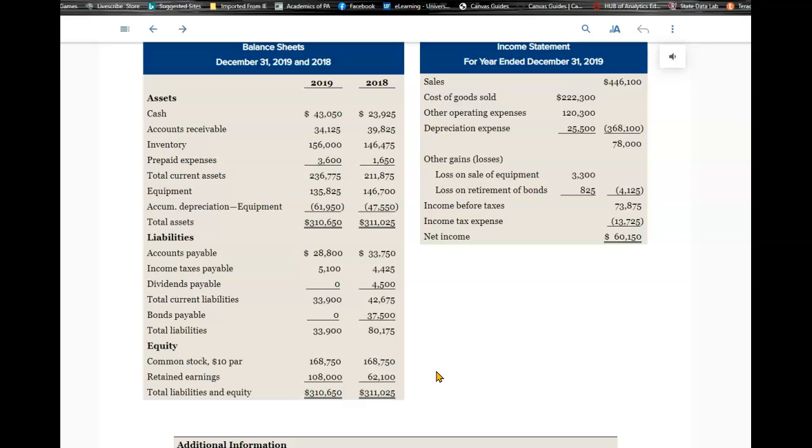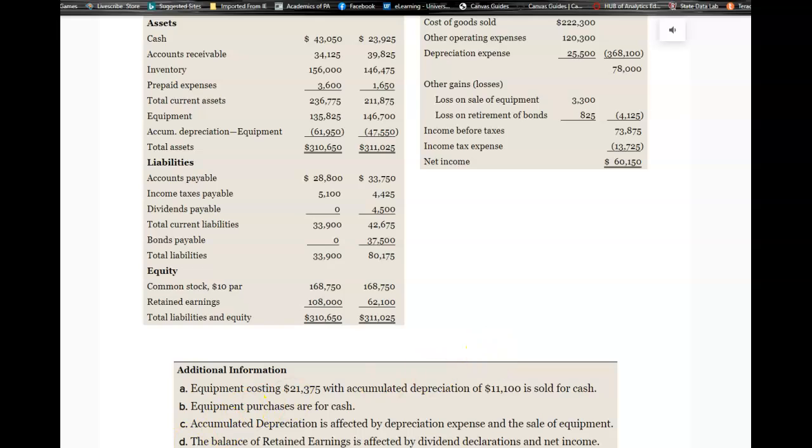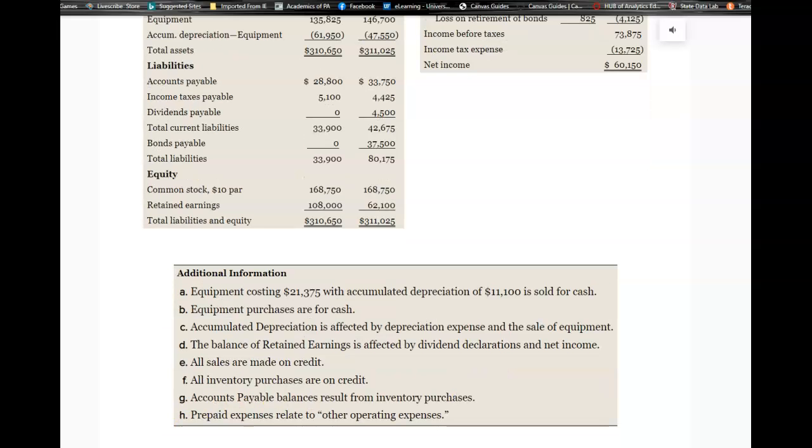So then we take the $122,250, which again was the 2018 balance in retained earnings, plus the net income over here. Okay, that gets us to the $122,250, and then we subtract 108,000 equals. So what that means for us is that the dividends declared were